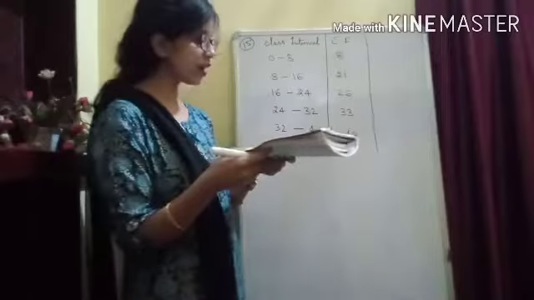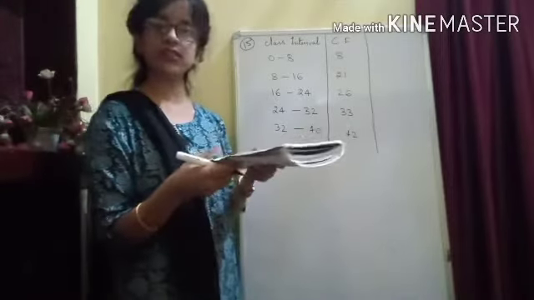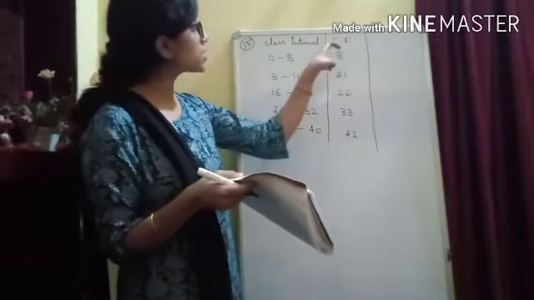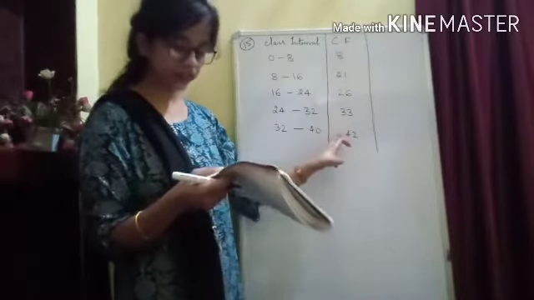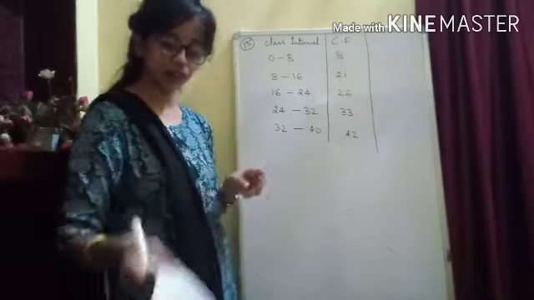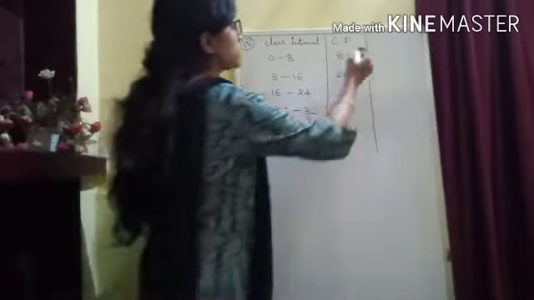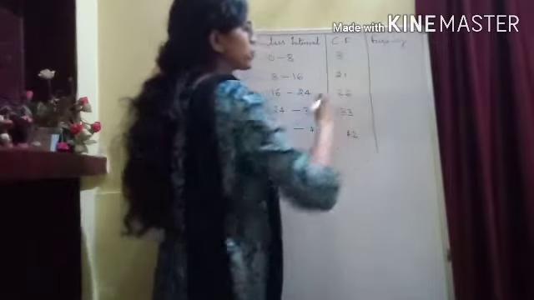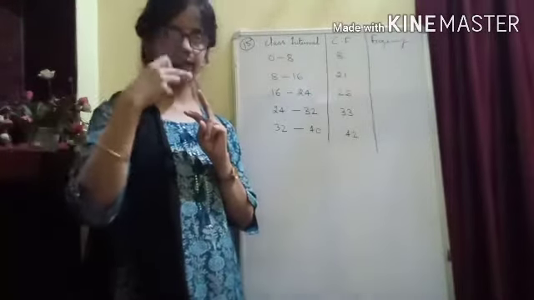This time they are asking you to construct a frequency table. Last time they were asking you to construct a cumulative frequency table. This time the cumulative frequency table is given. They are asking you to construct the frequency distribution. That means you have to calculate the frequency. When you are supposed to calculate cumulative frequency, you add diagonally.